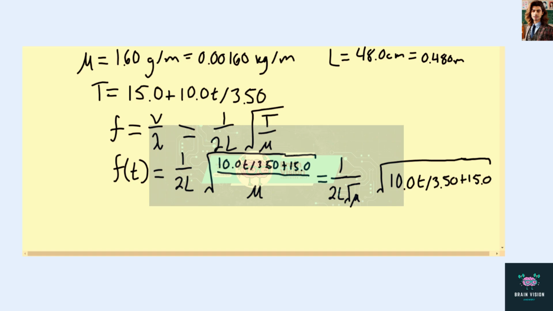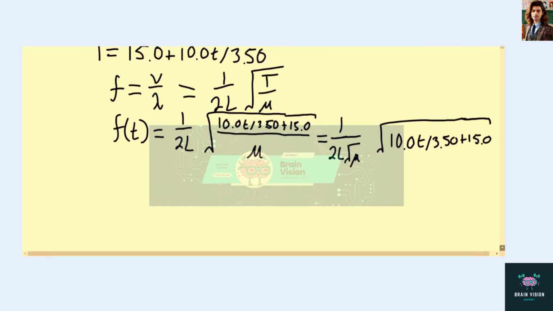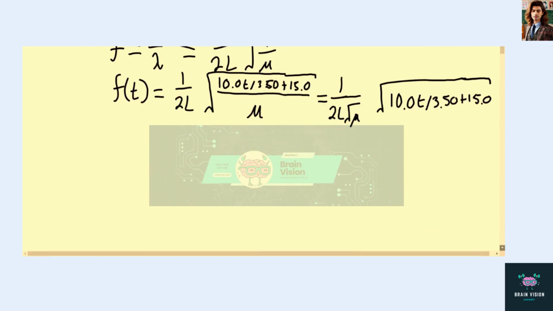So we want to take an integral of our frequency equation. We'll say that N, capital N for number, is going to be the integral from 0 to 3.50 seconds of f of t dt,